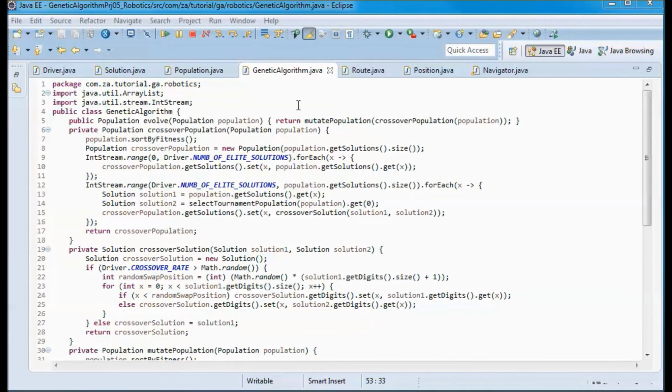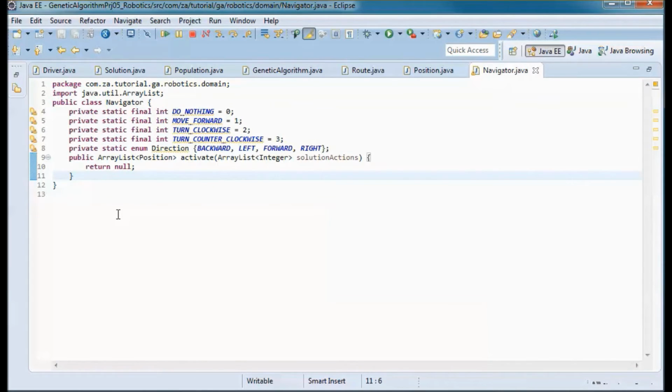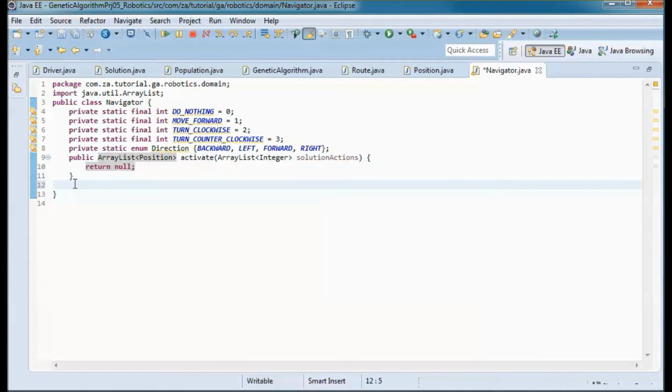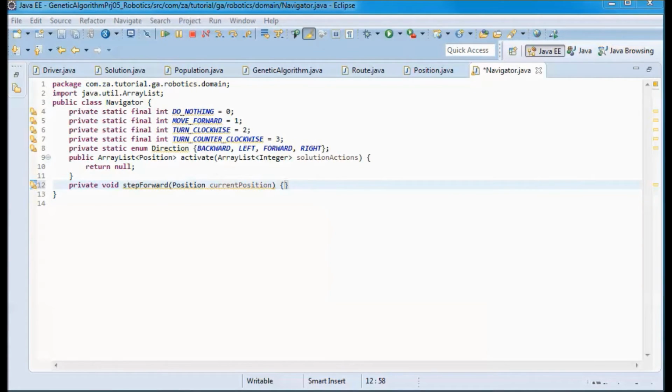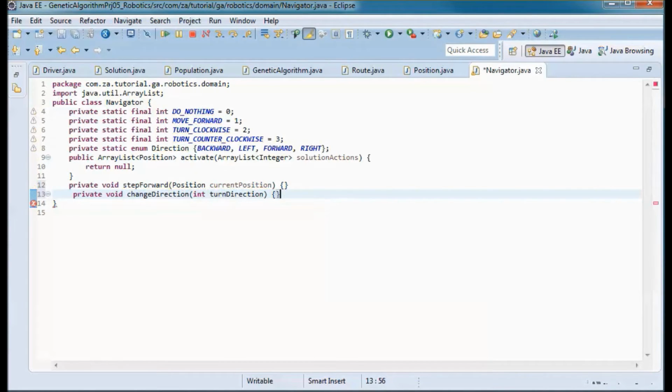Next, let's write the code for the autonomous robot or the navigator class. So here we only have one public method, activate, and we will have several private methods. So one of them is step forward, when the navigator needs to step forward, and change direction when it needs to turn clockwise or counterclockwise.